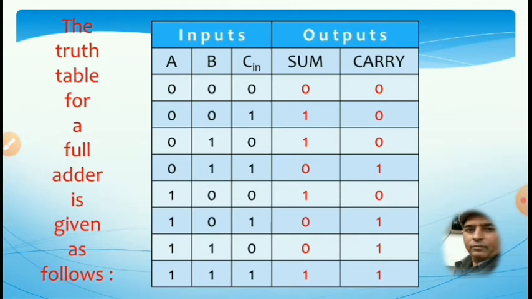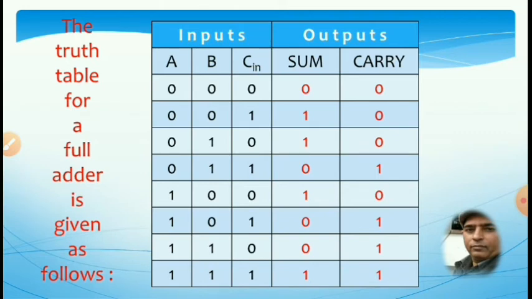But in case where there are two ones or where there are three ones, 1 plus 1 is 2 and 1 plus 1 plus 1 is 3. So to find the sum and carry, because we are working in binary numbers, if we have sum 2, we divide it by 2 and it gives the remainder as 0 and quotient as 1, and that quotient will be called carry and the remainder is called sum.